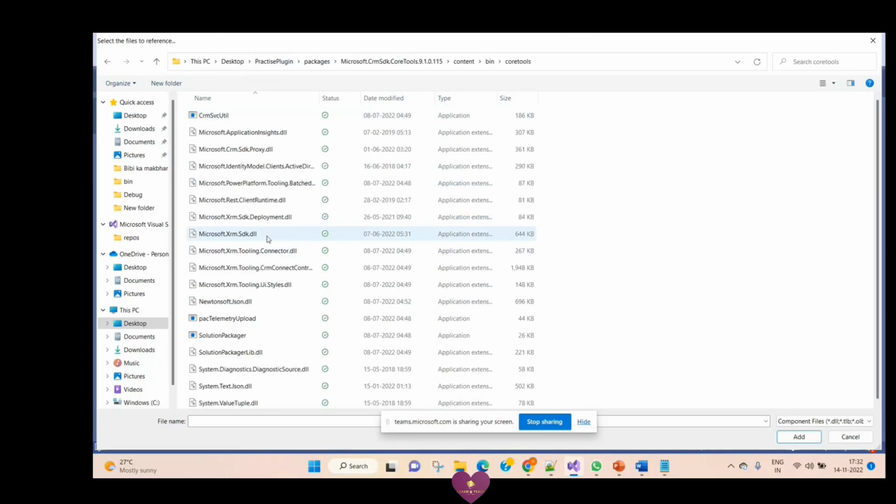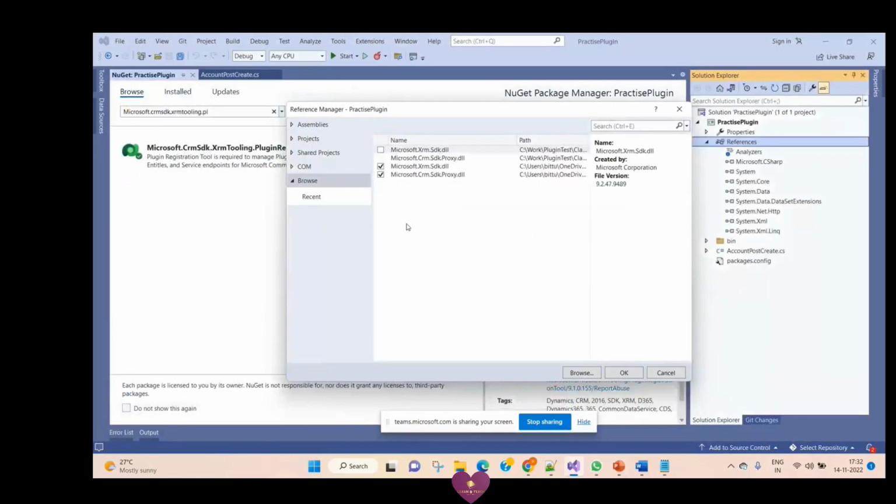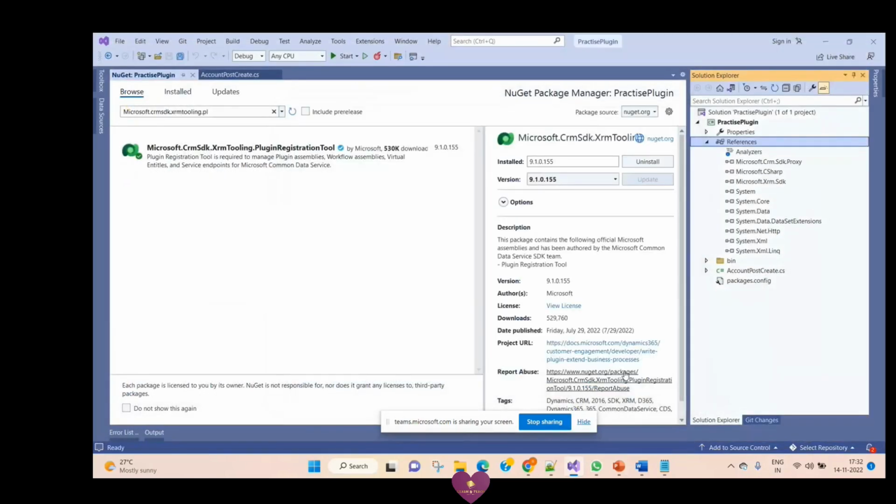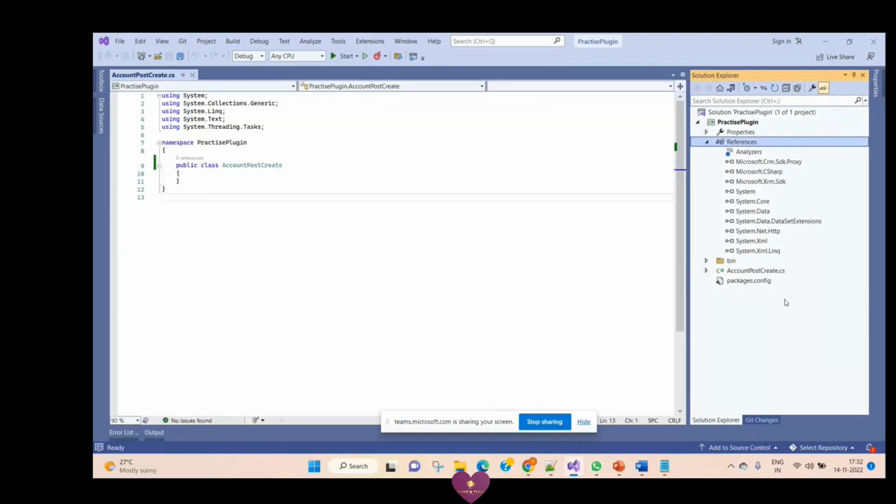Yeah, you need to add this XRM SDK and CRM SDK proxy DLLs. It was under packages, core tools, content, bin, core tools. Okay. After adding these two, you need to append here also